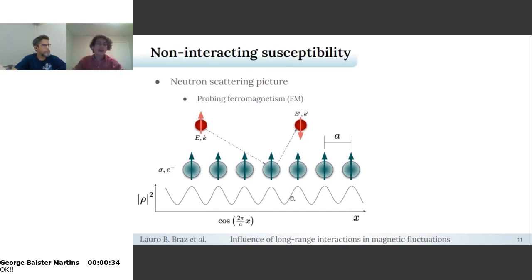In principle, without any further perturbation, this rho squared will present something proportional to a cosine of 2 pi over a times x. And now what we're interested in doing is actually presenting a perturbation over these spins. So we start shooting neutrons over this chain with initial energy E and momentum K, and final energy E prime and momentum K prime. After the interaction, as we're talking about neutrons, they have no charge, so they only interact with spin. After the interaction, they will probably flip their spin and